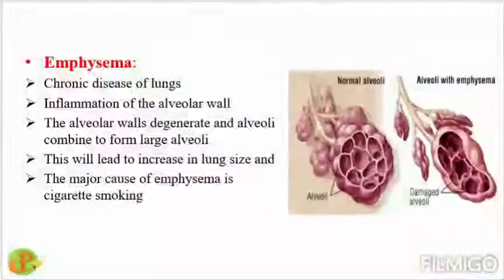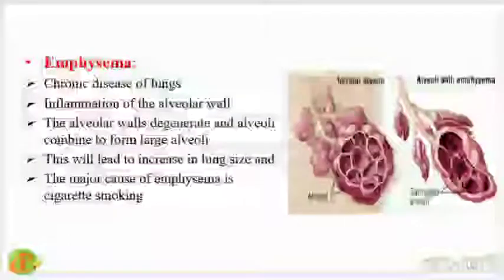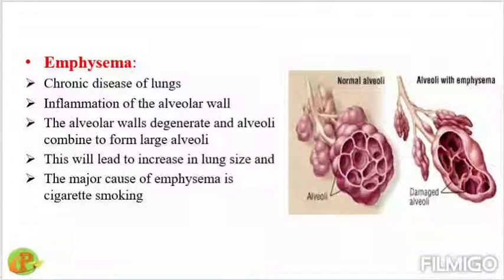Next, emphysema, which occurs due to cigarette smoking. It is a chronic disease. Once it happens, it will remain lifelong. Here the alveolar walls swell, and two alveoli connect with each other to form one broad large alveolus, which is very bad because the air is not totally expelled during our normal expiration. So some amount of air is still present in the alveoli, which should not be there, and it causes an increase in lung size. So definitely it is not good for us. As you can see in the picture, how healthy lungs look and how damaged alveoli look.